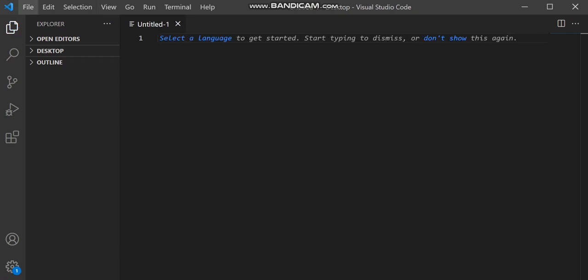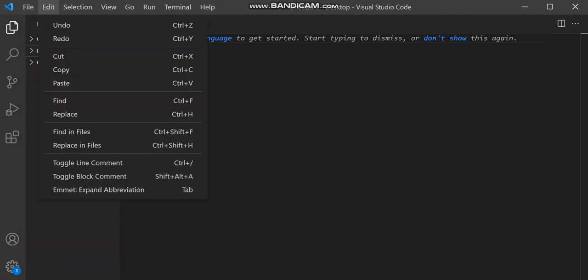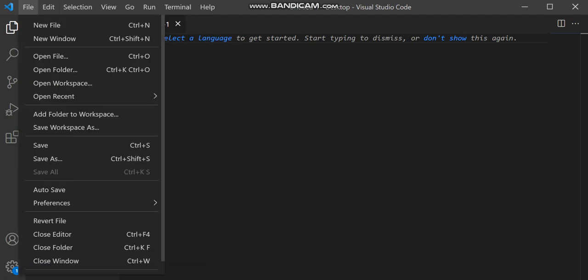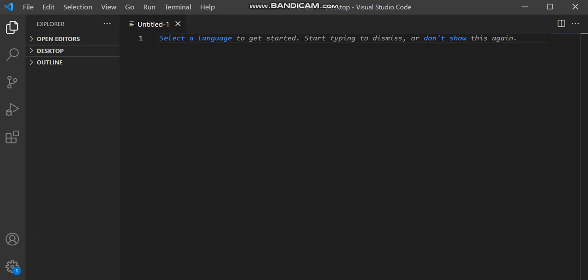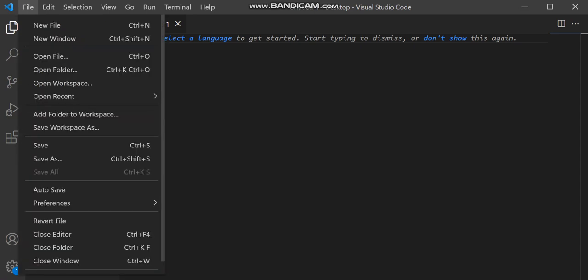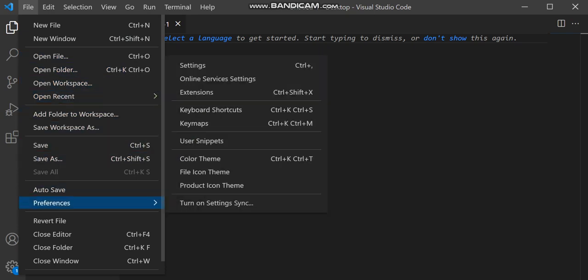First of all, you have to go to the File menu, and you can see there are multiple options: Help, Terminal, Run, Go, View, Selection, Edit, and File. In VS Code, I'm going to change the color theme. So click on File, and after that go to Preferences, which is given here, and after that go to the